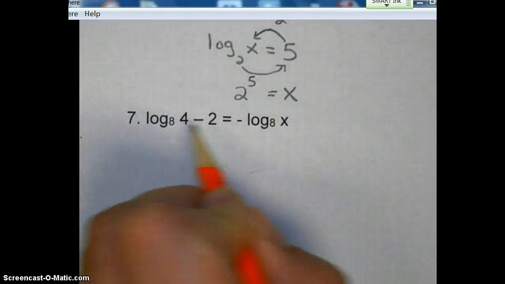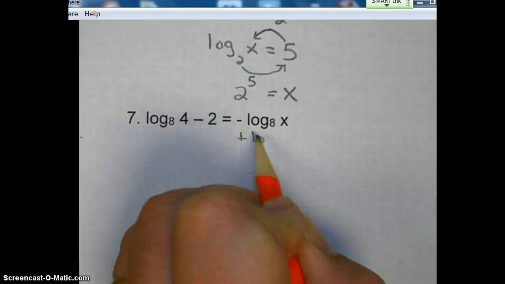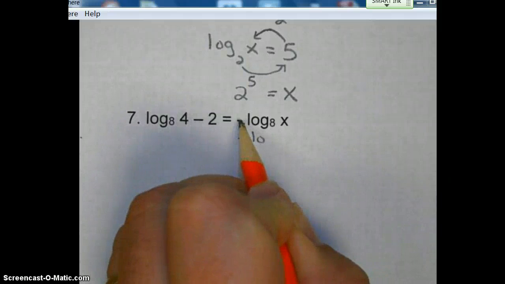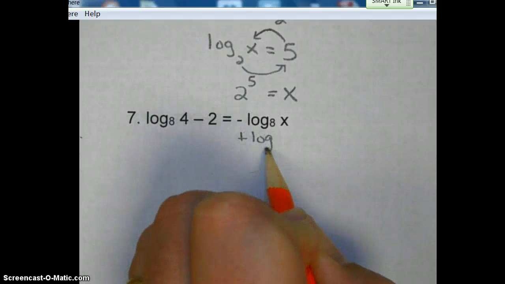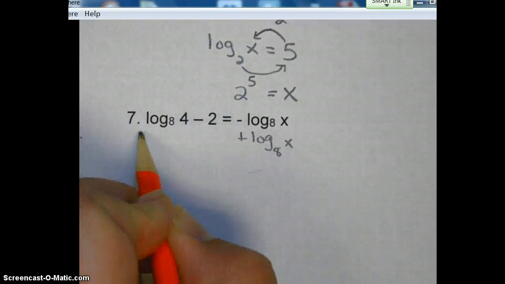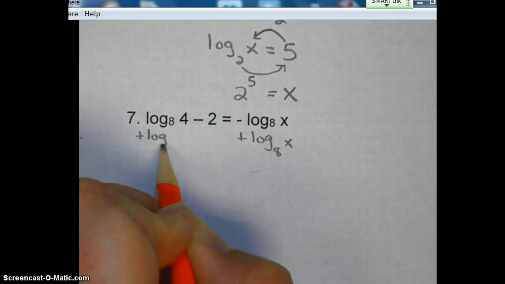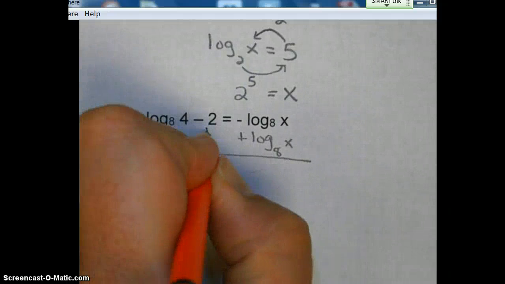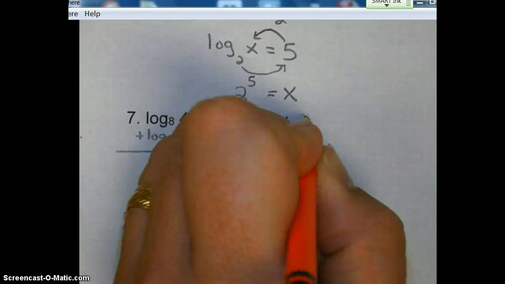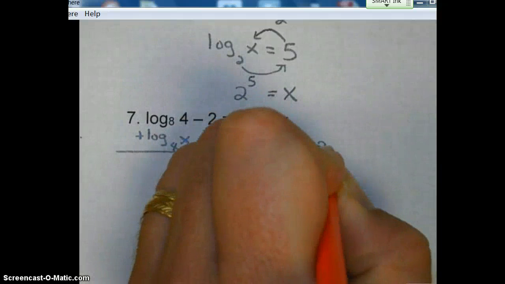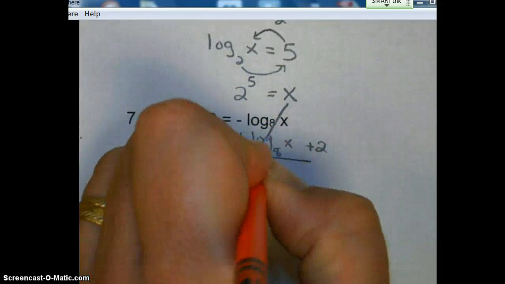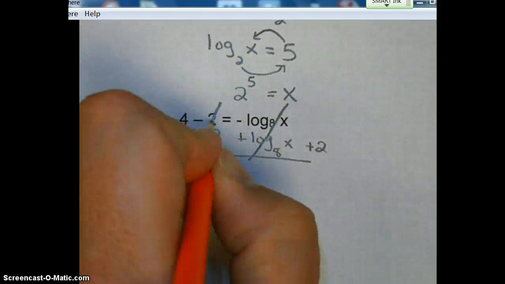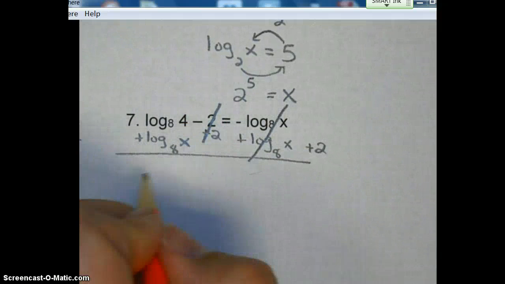So to move this to the other side, we're going to go ahead and add it. Since it's minus, we're going to add it. So log base 8 of x, add that on both sides. And let's go ahead and take care of this at the same time. Move that over here to the other side. Okay, so that cancels on this side, that cancels on that side, and now we have